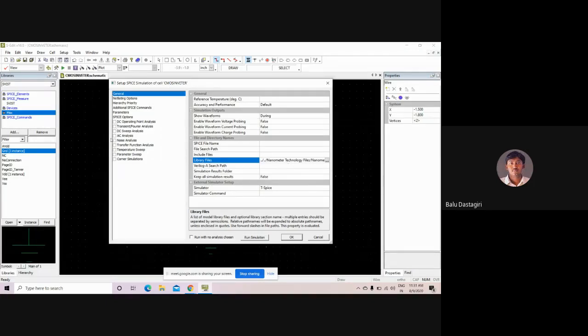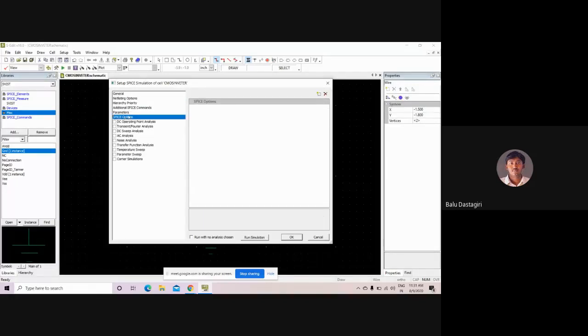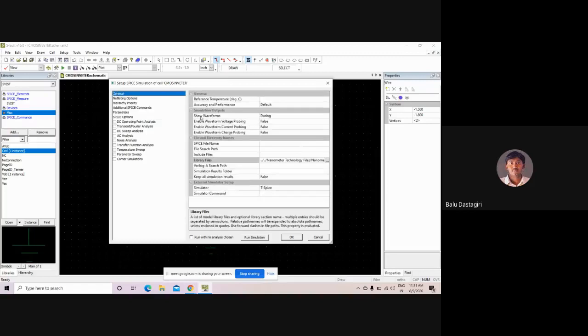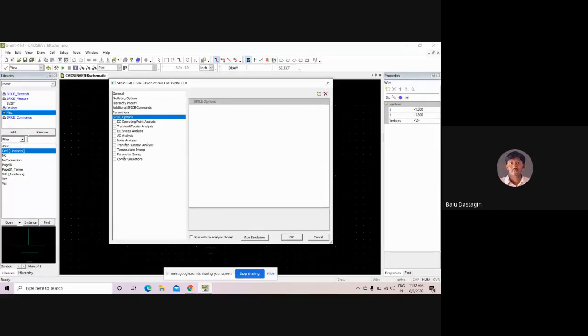After selecting the library files here, the next thing you can see is that you can go for the SPICE option. These are the different types of analysis that are present here. DC operating point will give the operating point of your circuit.